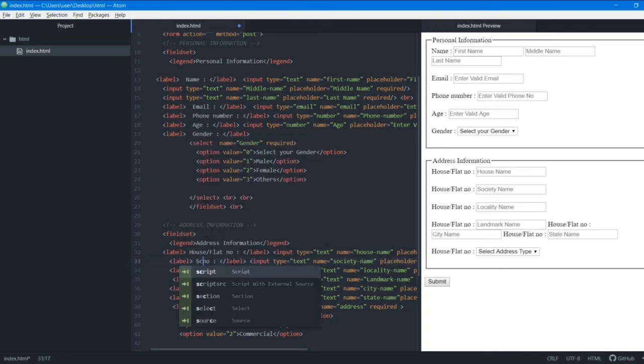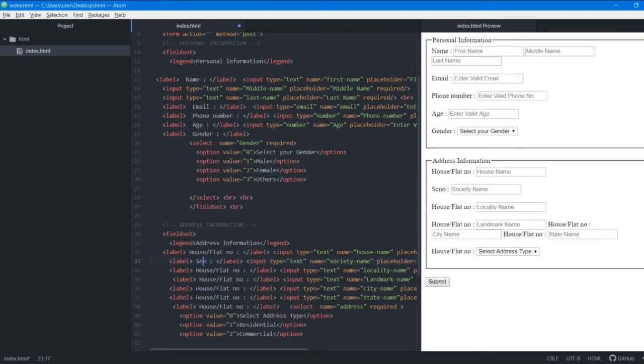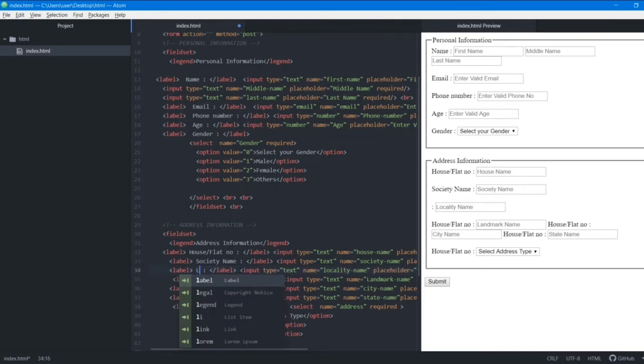So now we'll just change this. Here we had society name. Then here we had locality.